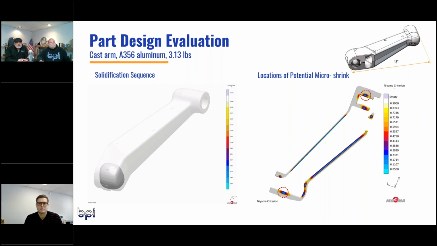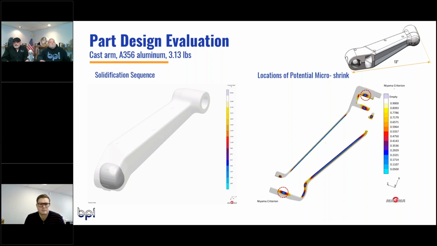And anything that's still in some sort of a color scale, you can see in that animation, is still either fully liquid or some mushy metal. And so how is this information used? Well, number one, the designer, if he sees this, can understand the balance between thin and thick sections, and potentially can take steps in reducing some of these transitions or contrast, and to be able to more uniformly solidify